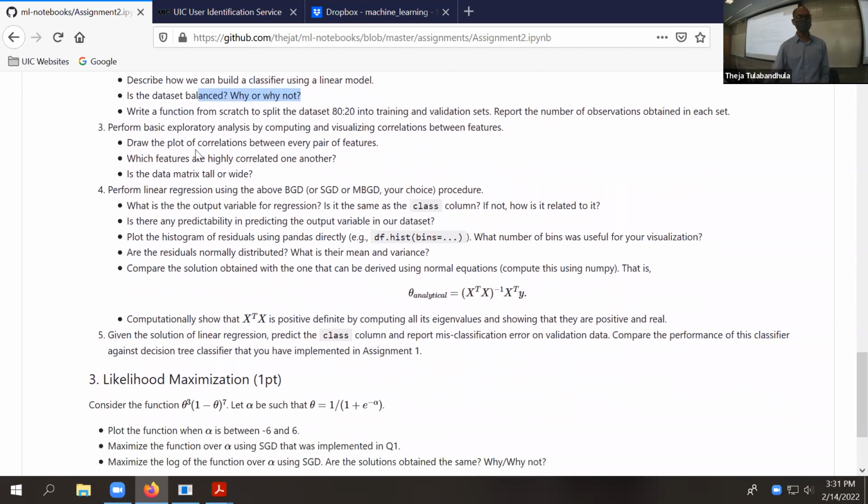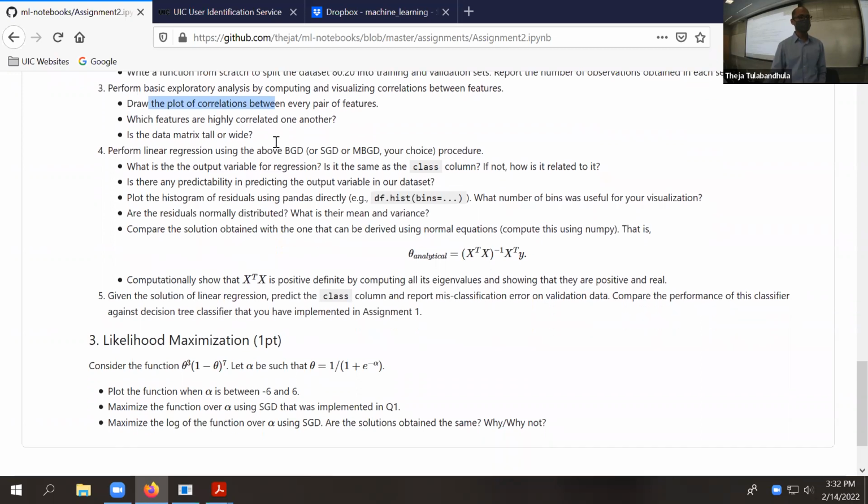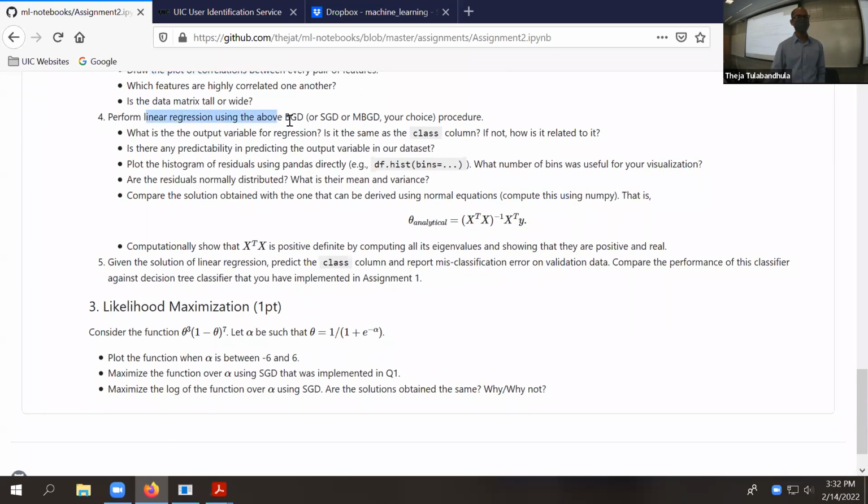So yeah, I guess the third question is again just exploratory analysis. You should be able to see if there is some functionality in pandas itself to do the plotting between pairs of features. And it basically lets you explore the pandas documentation a little bit, and then perform linear regression using any one of your gradient descent procedures that you built.